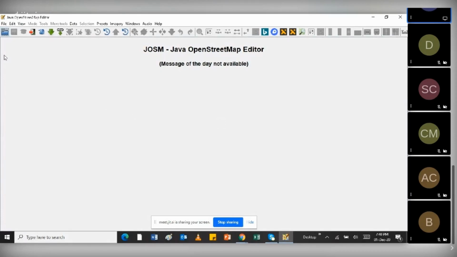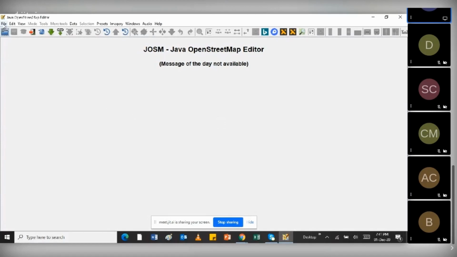But in this case, I won't go into that, so I'll jump straight to some of the tools that one can use to edit and contribute to OpenStreetMap.